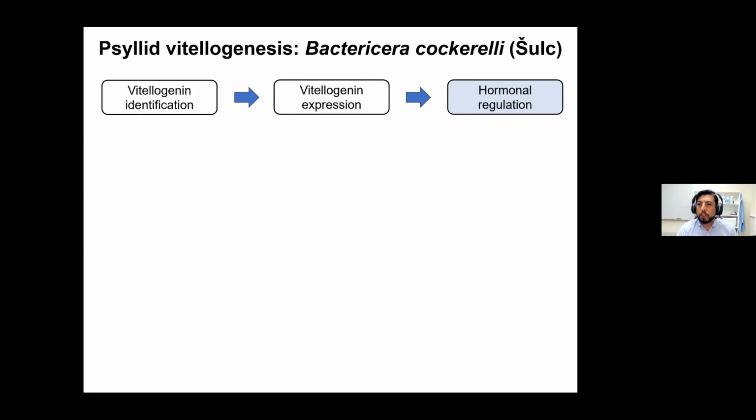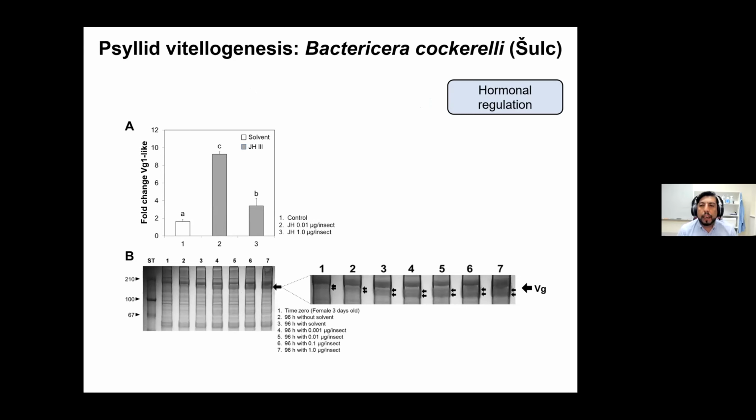So I applied juvenile hormone 3 topically to the insects. I analyzed the expression after 24 hours, and we found that at two different doses of juvenile hormone, the expression was upregulated. Then, in the same insects, 96 hours after the topical application, we collected the insects and